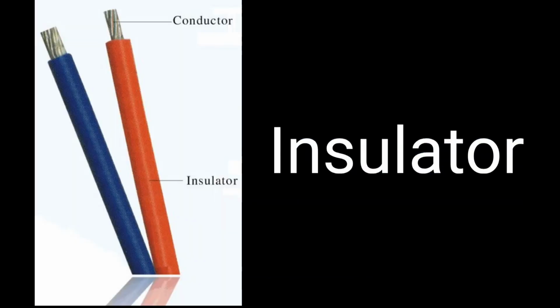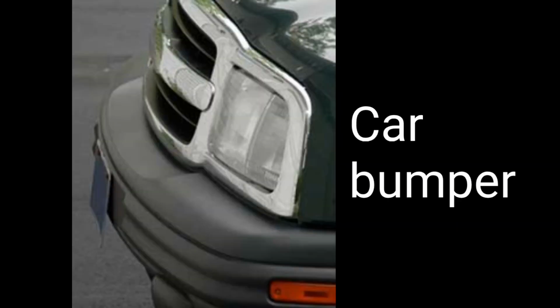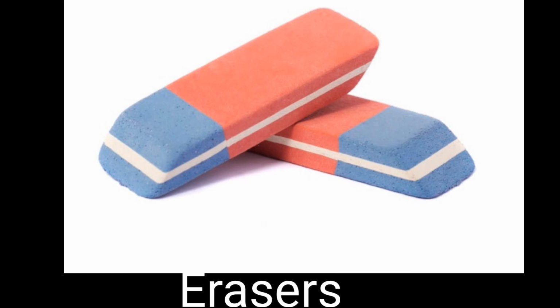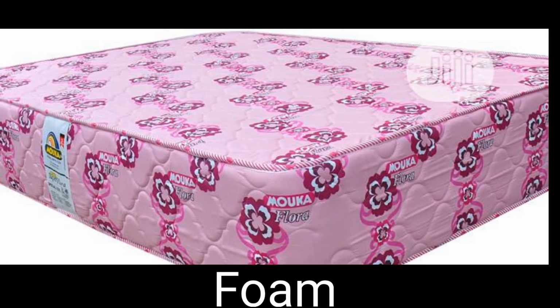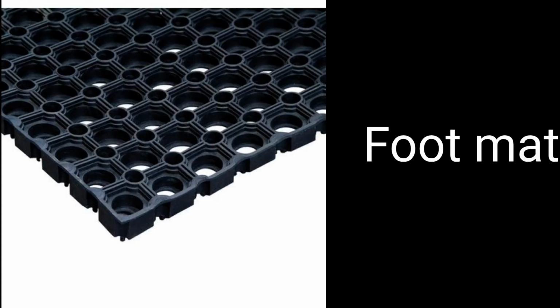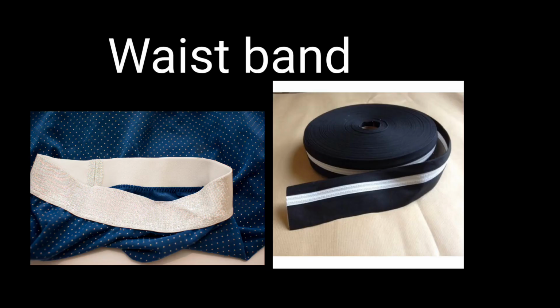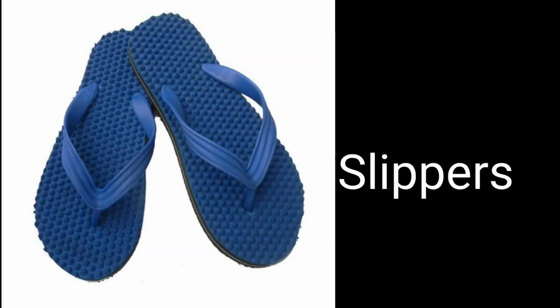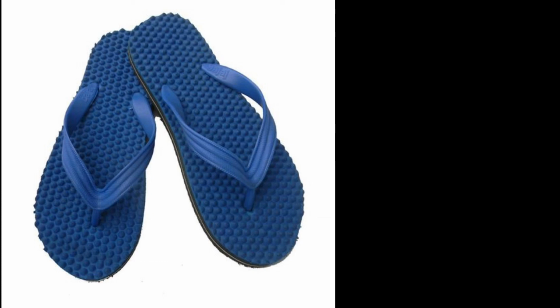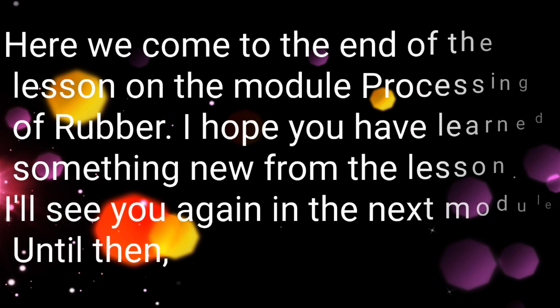insulators for electric wires, rain boots, car bumpers, erasers, foam, shock absorbers, foot mats, machine belts, waistbands, slippers, etc. Having looked at the uses of rubber, this brings us to the end of the lesson on the module